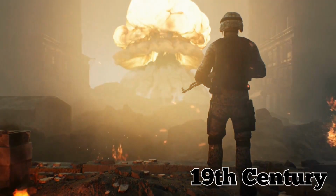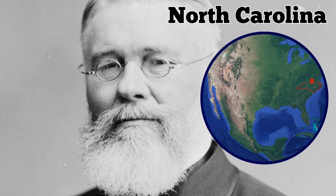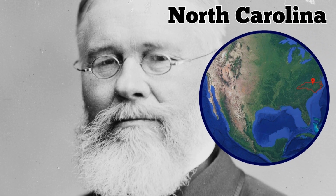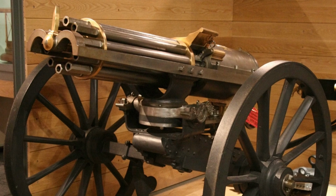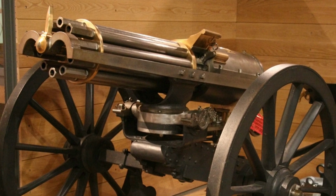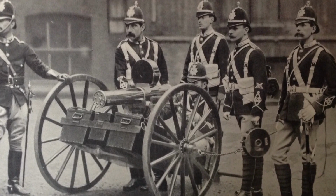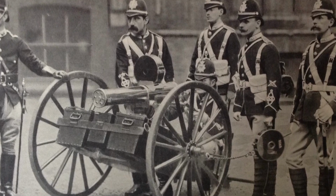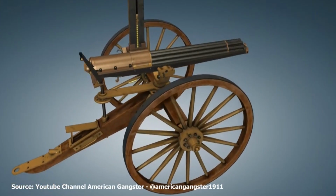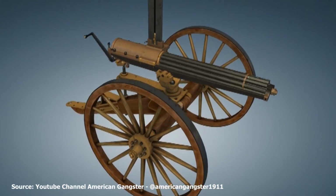this 19th century classic. Richard J. Gatling, a North Carolina native, was the inventor of this magnificent weapon. According to information from the Encyclopedia Britannica, Gatling devised a cluster consisting of 10 barrels. Each barrel was loaded and fired once during a full rotation when rotated by a crank. Gravity and the camming action of the cartridge container, positioned directly above the gun, were then used to load the